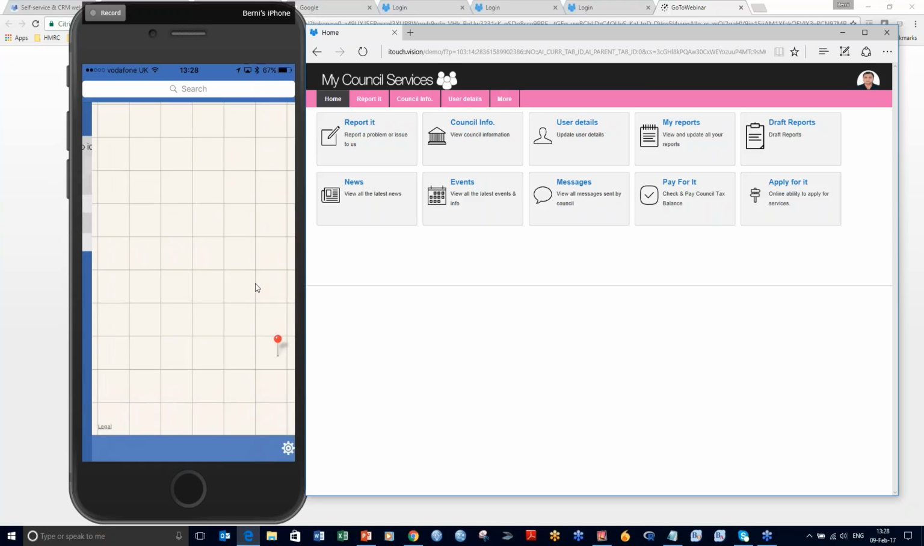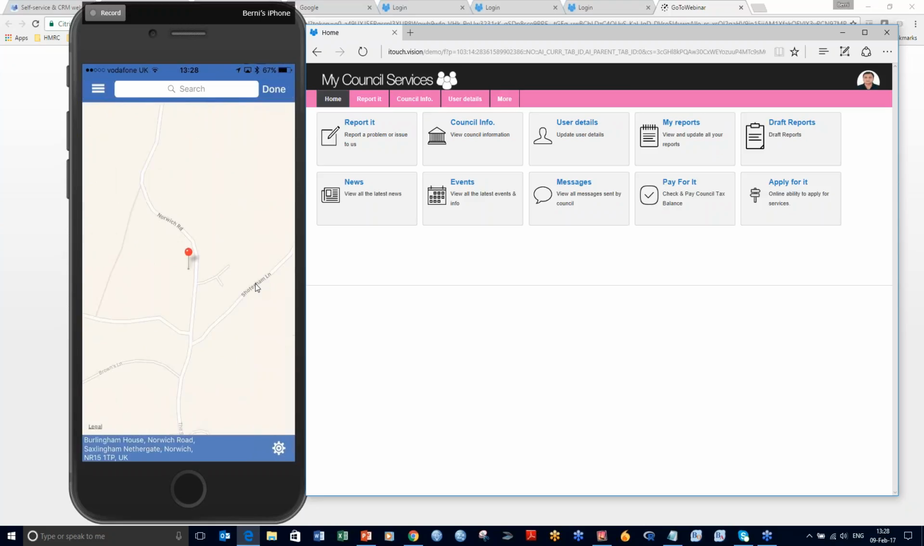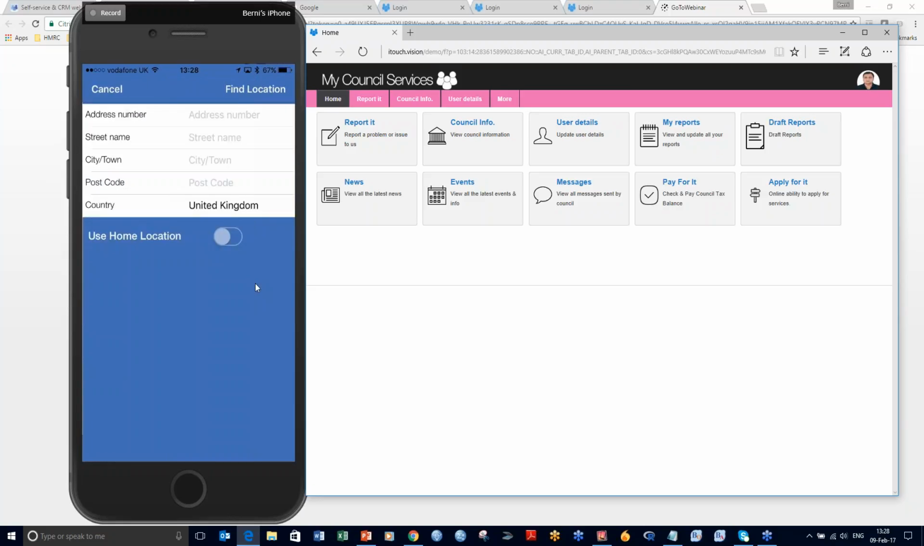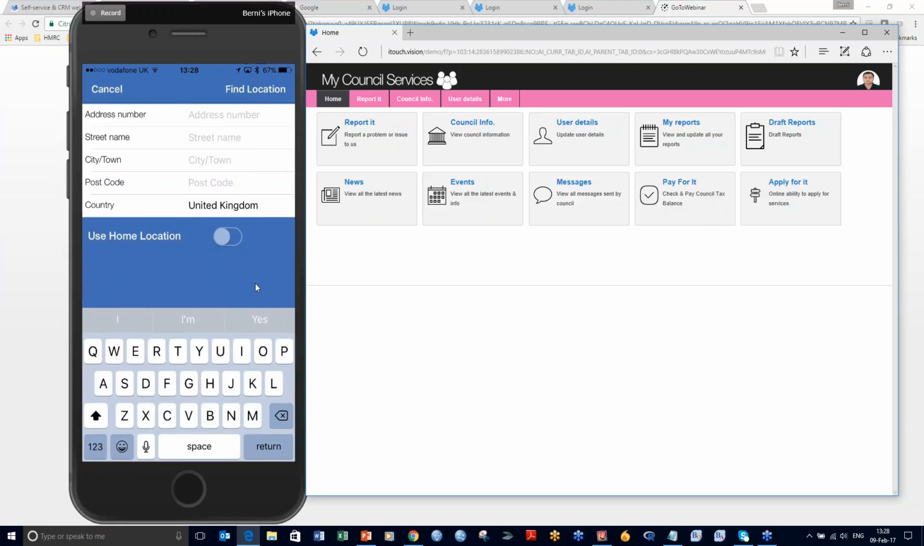So I'm going to use the map to identify the location. That's using the on-device capability to pinpoint me. You'll see that I'm working from a particular location. I don't expect anyone will guess where Saxton Nethergate is, but feel free to Google it. But I'm working from my home office location there today. But I'm going to override that and give it a different address. I'm going to give it a North East London postcode,